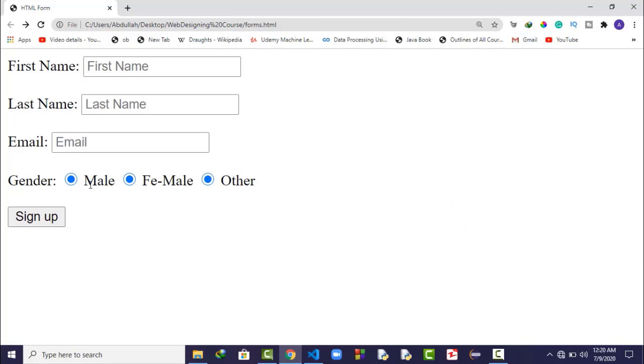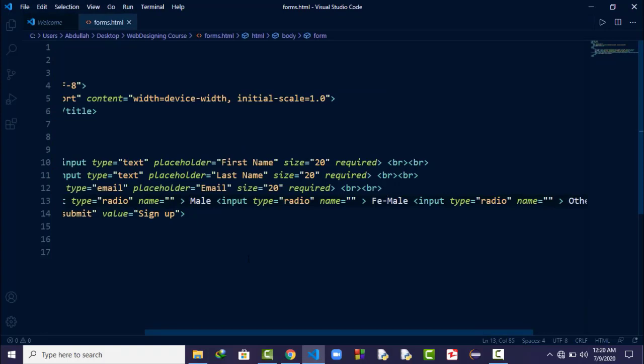Now you can see the user can also select all of these, but it's not behaving like a radio button, because in a radio button we can only select one thing. Now how can we make this? You just need to fill in the name, and the important thing is that the name should be the same. Let's say I will say gender, or you can put any text.